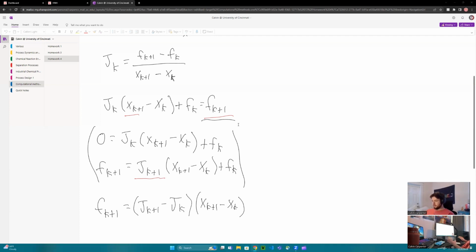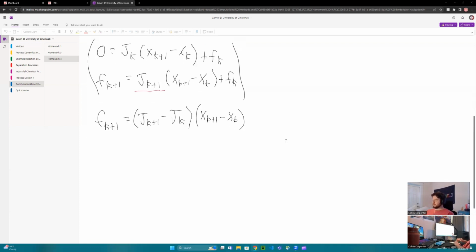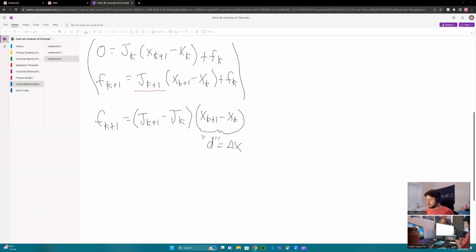And just for future simplicity purposes, we're going to relabel this term as d. And that is going to be just equal to delta x. Okay. So now that we have this defined,